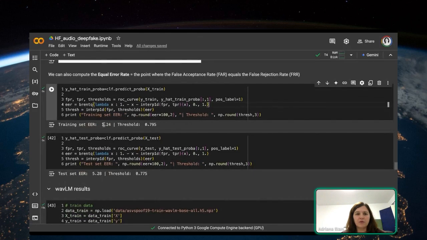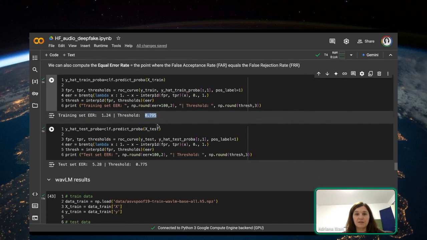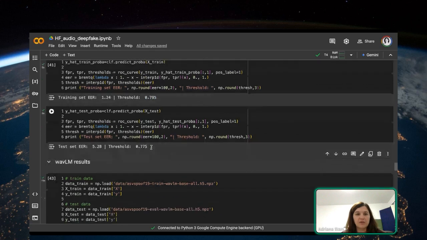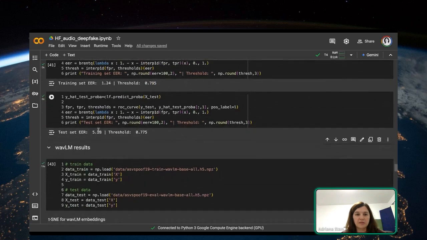So we have a training set with a 1.24 equal error rate, and the threshold at which it set that decision was 0.795. And we do the same thing for the test set, where of course we have a higher equal error rate, but the threshold is